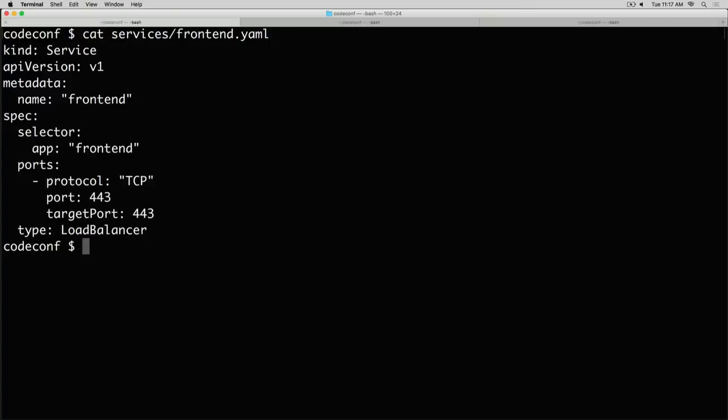One is going to be my front end service. Very simple declaration here. I give this to Kubernetes. It's going to create a front end load balancer for me, right? So in my cloud provider of choice, I submit this to the cluster, and a bunch of things will happen in the background. And they're going to create a load balancer for me. So I'm going to go ahead and create a bunch of services now.